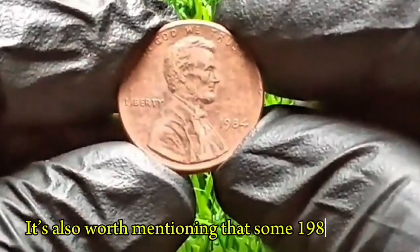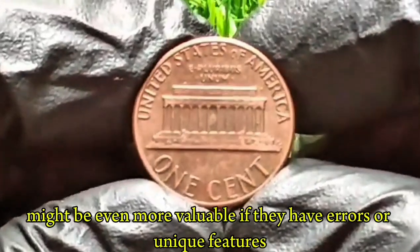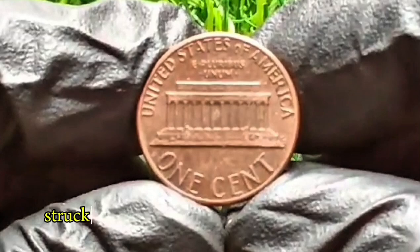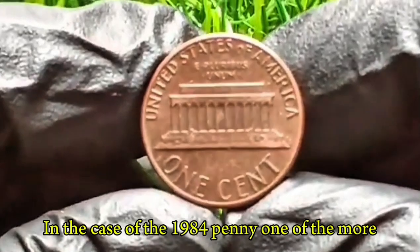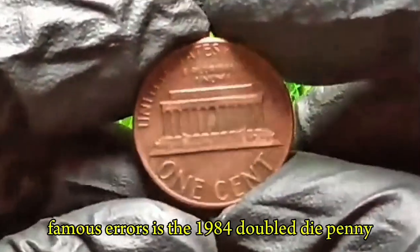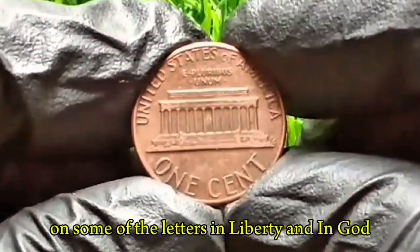It's also worth mentioning that some 1984 pennies might be even more valuable if they have errors or unique features. Coin collectors are often on the lookout for coins that were struck incorrectly or have variations from the standard design. In the case of the 1984 penny, one of the more famous errors is the 1984 double die penny. This particular coin has a noticeable doubling effect on some of the letters in Liberty and in God We Trust